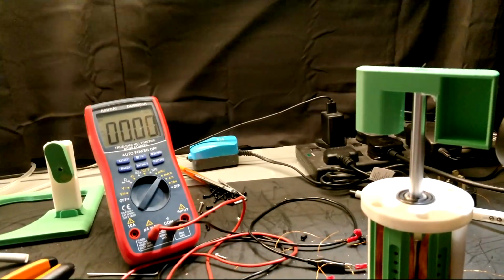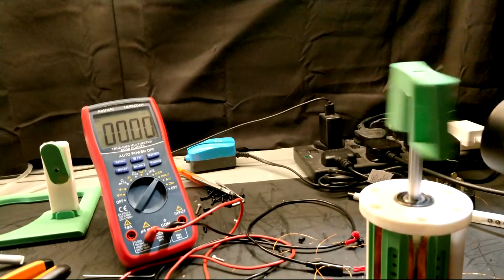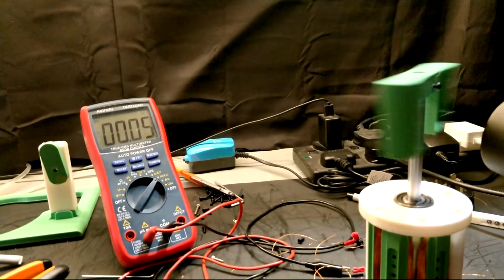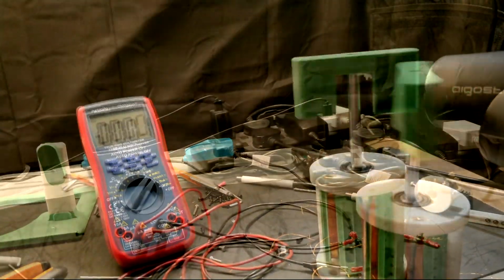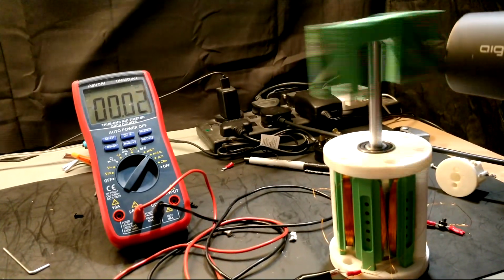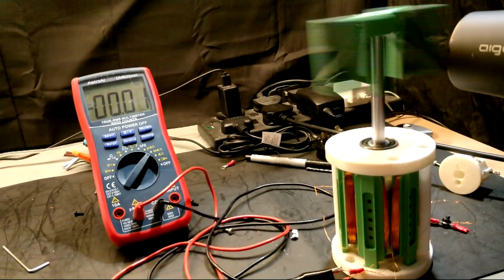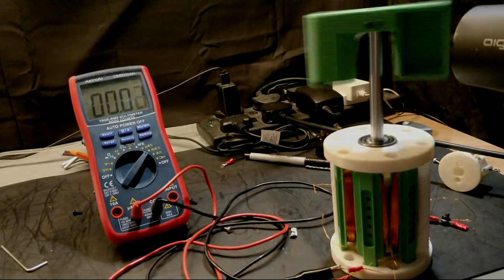However, there was one final test I wanted to try, and I was very happy with the results. I wanted to see if I could actually power something with my generator. And, spoiler alert, I could. So what I did was I hooked up a red LED to both terminals of my stator